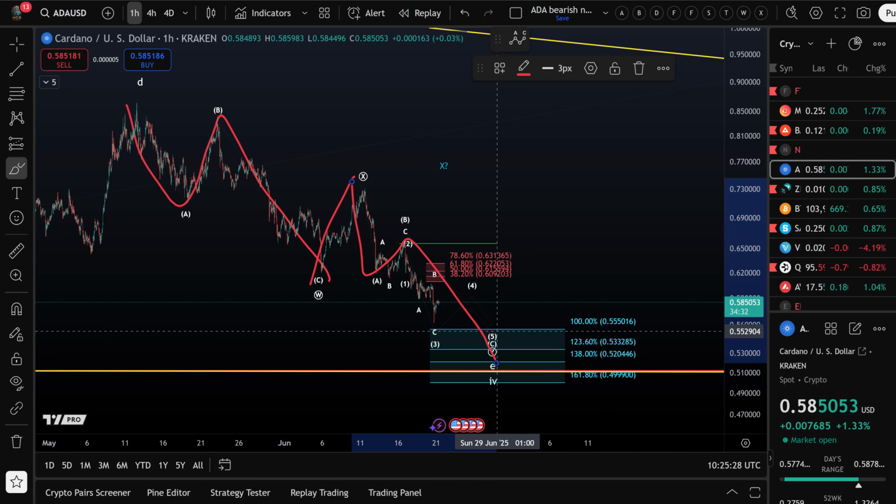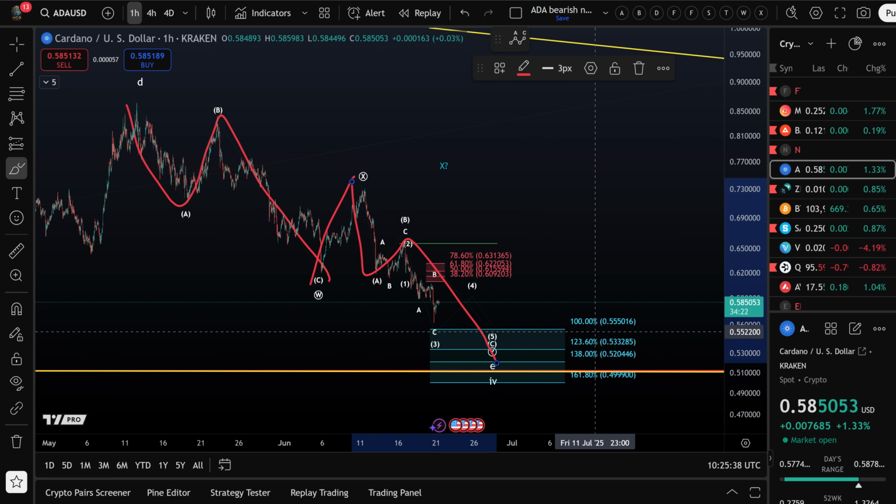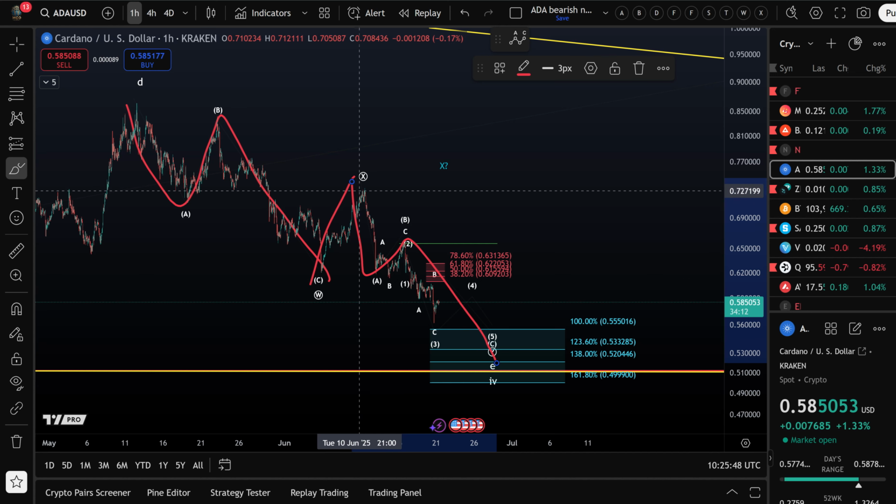And I gave you a target area already a couple of weeks ago, or let's say a week ago. I think it was when the wave X topped here. So yeah, 1 to 2 weeks ago. And it is defined between 55.5 cents and 49.9 cents. So the market is currently in this corrective pullback, and the idea is that in this Y wave we are in